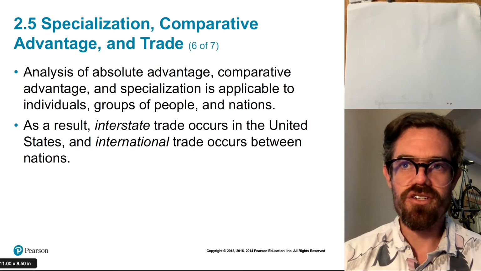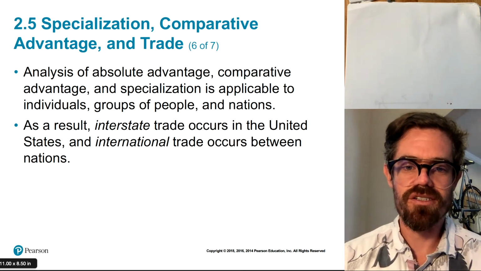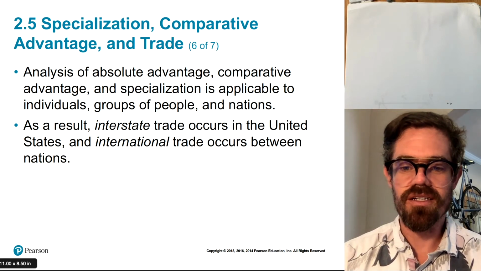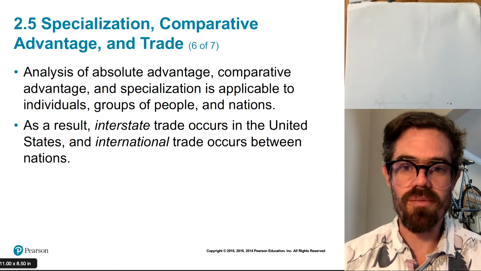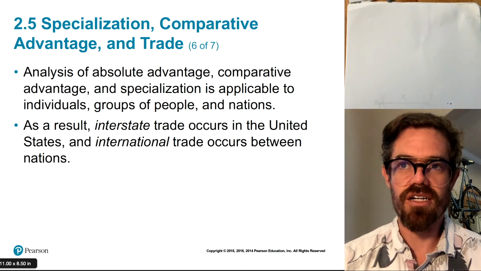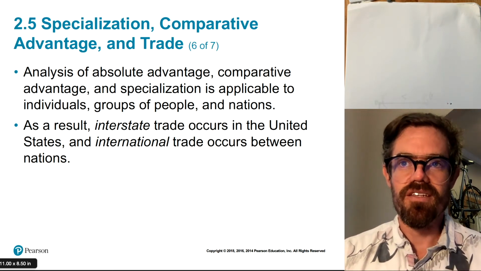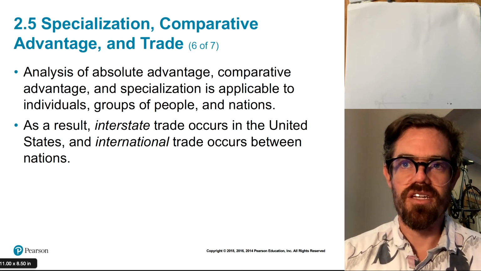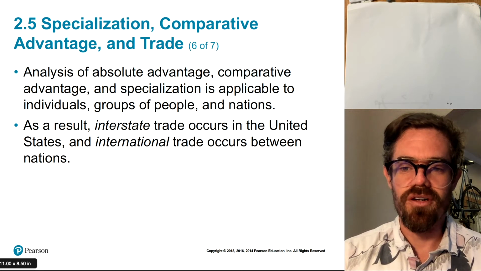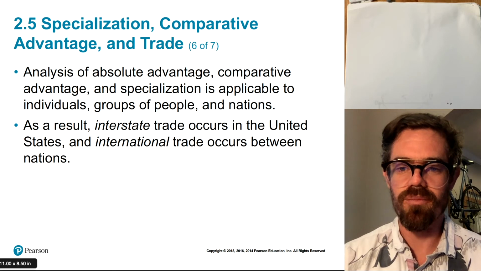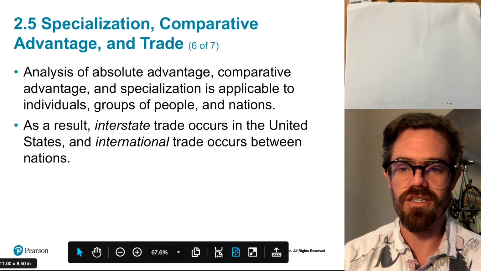And so if China specializes in what it's good at and the United States specializes in what it's good at, we ultimately come to a situation where we probably want to trade with China, right? Because we want some of the things that China specializes in, and they want some of the things that we specialize in. And so this development of specialization and division of labor ultimately leads to the opportunity for trade. And anytime there's trade, there are gains from trade, which we will talk about more, especially in Chapter 3, the next chapter.